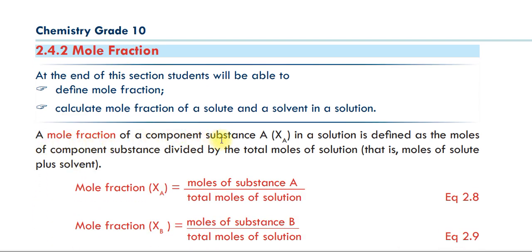A mole fraction of a component substance A or XA in a solution is defined as the mole of a component substance divided by the total mole of a solution. That is the mole of the solute plus the solvent እንደማለት ነው። ስለዚህ ሞል ፍራክሽን that is XA ማለት mole of the substance A over the total mole of the solution እንግዲህ ኮምፖነንት ኤ ቢ ሲ ዲ የሚባሉ ኮምፖነንቶች ይኖራሉ።